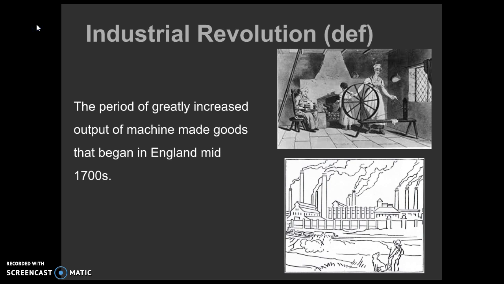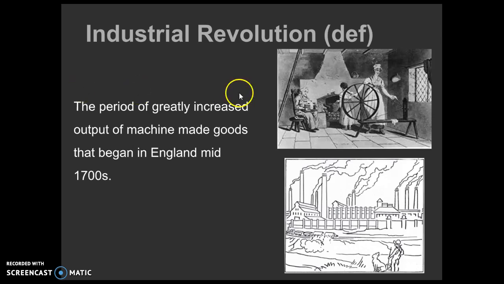You're going to want to get your paper notebook out and put today's date and the heading Industrial Revolution in there. There's a few vocab words you're going to write down. One of the vocab words that you can write down, and you can pause this video and write this down now, is the Industrial Revolution. The definition for that is the period of greatly increased output of machine-made goods that began in England in the mid-1700s. As long as you have that definition down,